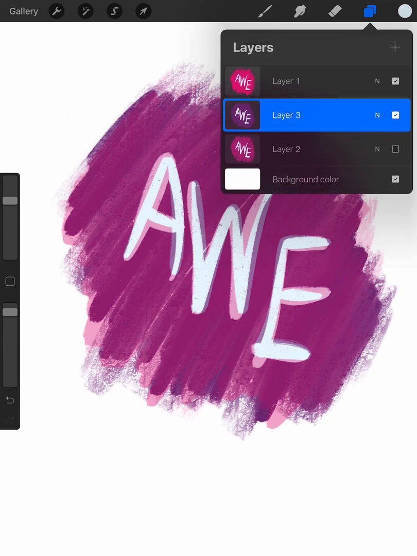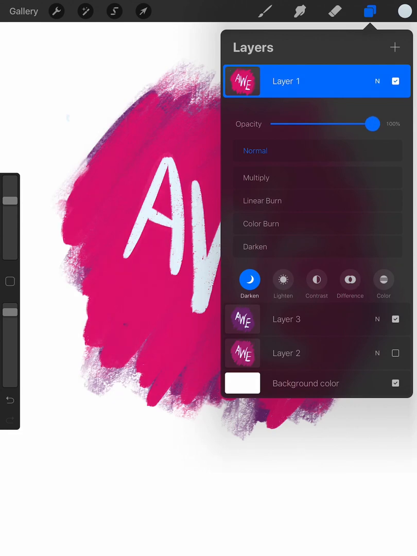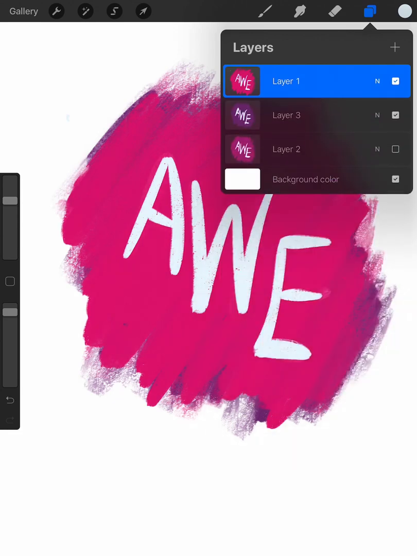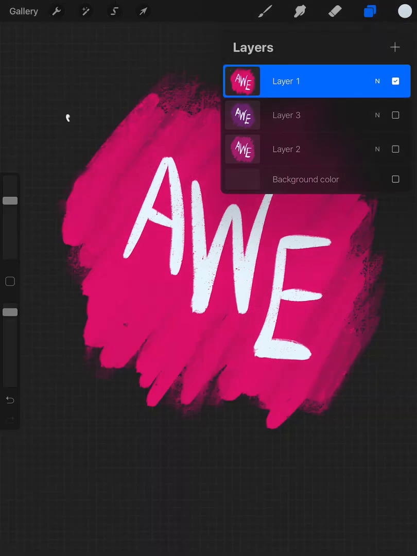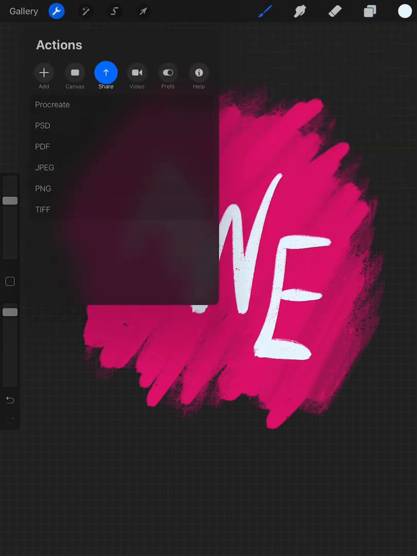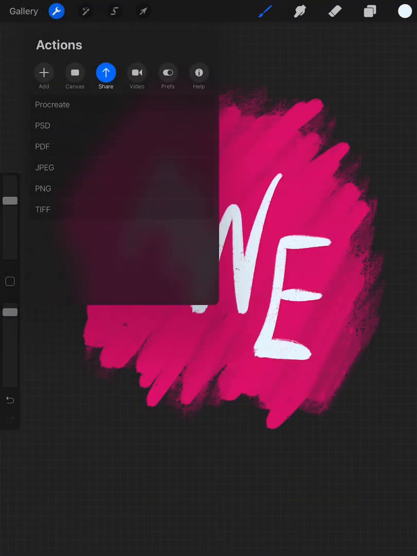So I'd go back to my first layer that's transparent, pull the opacity all the way back up, and then what I can do is turn off all these other layers and make sure the background color is turned off, and you'll see the transparency grid there. And now I go up to this little tool right here and go to Share, make sure that's highlighted, and then choose PNG. Then you want to just choose Save Image, and it'll save it somewhere to your photos, and